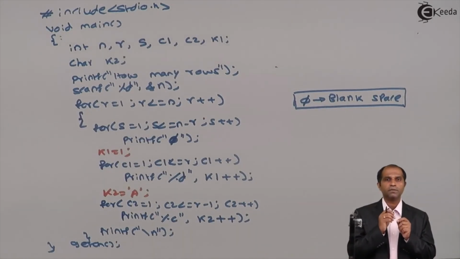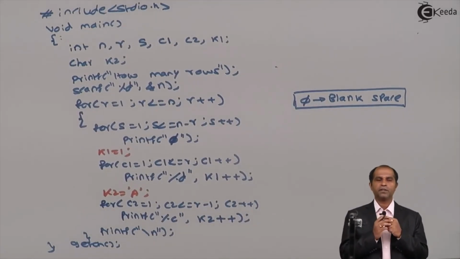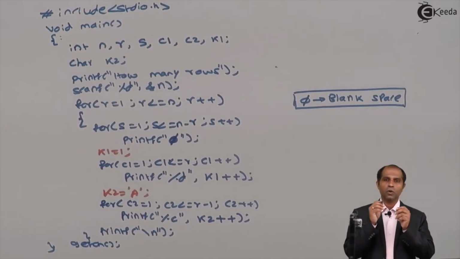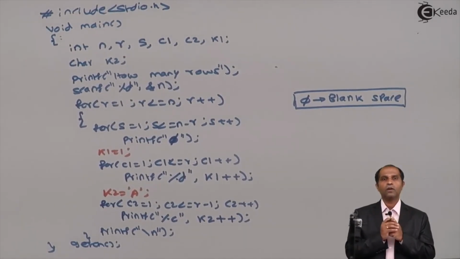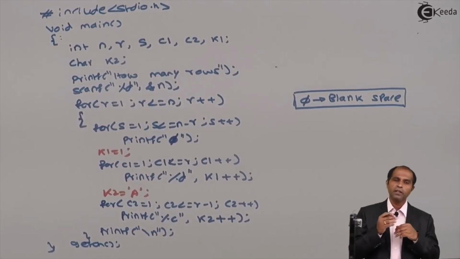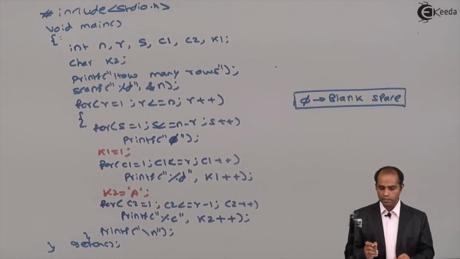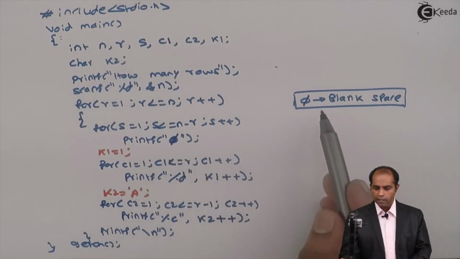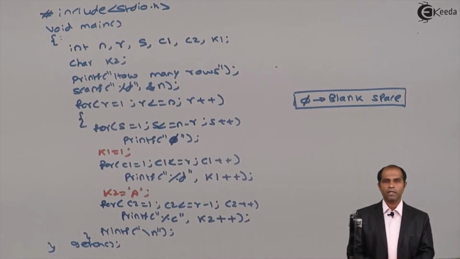If you venture into using curly brackets unnecessarily, they will make the program more complex. Since I don't have multiple instructions, why unnecessarily spend extra time or extra lines in a program to include these curly brackets? So avoid using curly brackets in a program which is already lengthy in nature. And at the end of your answer, make sure that you represent this, that wherever you have used a phi, that phi represents a single blank space.